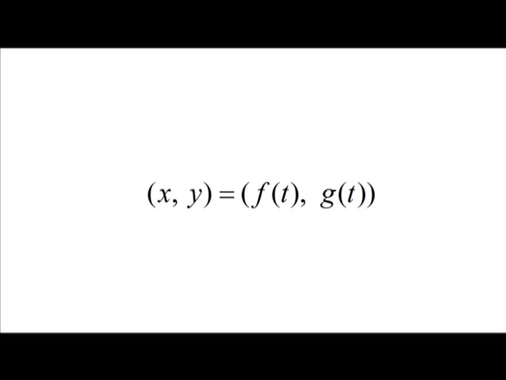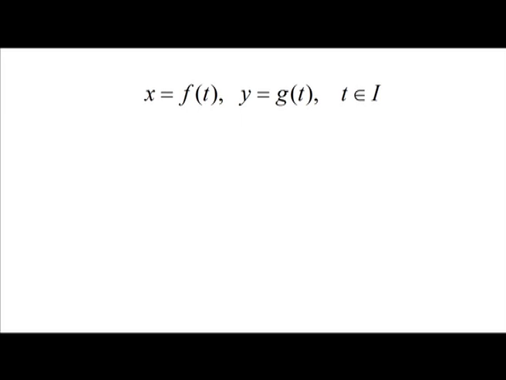The variable t is a parameter for the curve and the domain I is the parameter interval. The curve C determined by the set of points (x, y) is equal to (f of t, g of t) is called the trajectory of the particle or the graph of the equations. When we give parametric equations and a parameter interval for a curve in the plane, we say that we have parameterized the curve. The equations and interval constitute a parameterization of the curve.